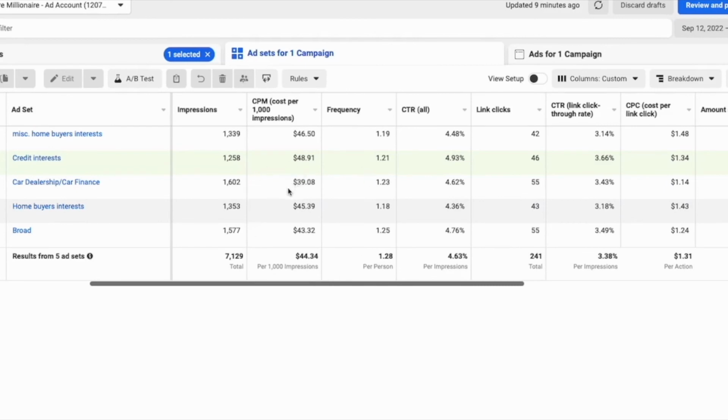So what got us the most results is not our cheapest CPM, right? It's actually our most expensive. Miscellaneous home buyers interest, their CPM is actually $46.50 as compared to the lowest, which was car dealership and car finance, which is $39.08. So it's actually cheaper for us to run ads to car dealership and car finance, which is something that we have to take into account when we're talking about scaling up our ads now and making proper adjustments after we're